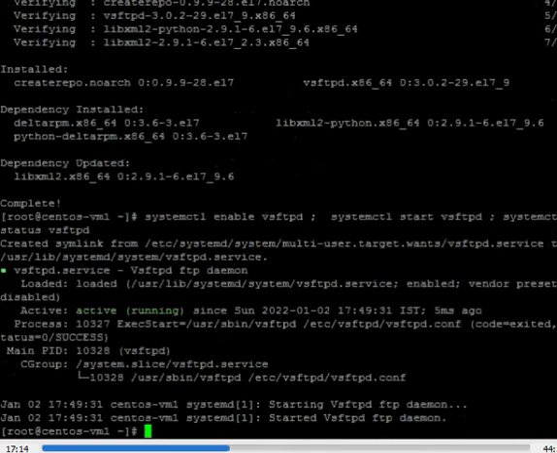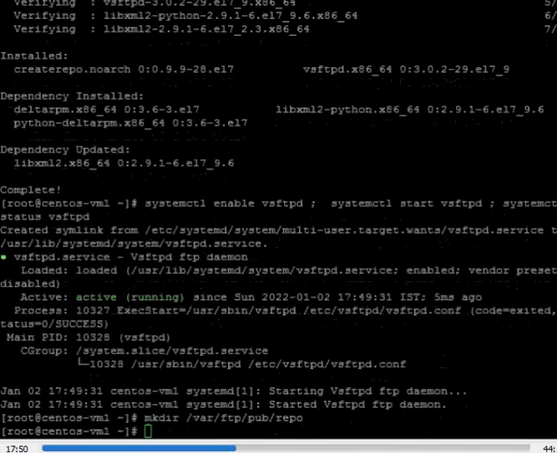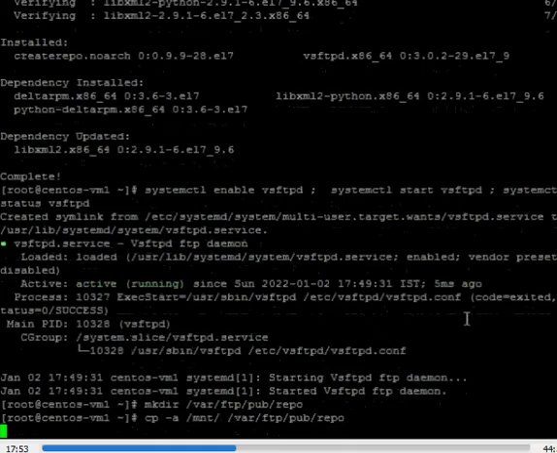Okay, now we will create the folders. Yeah, now let's create the repo folder. Now let's copy the packages to this repo folder.